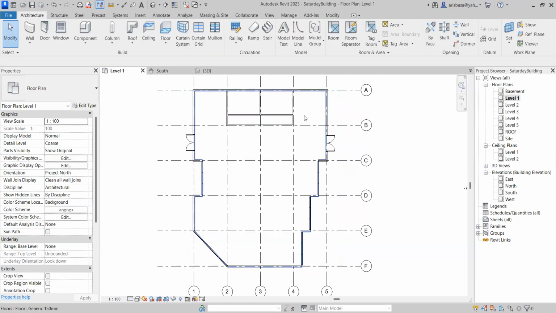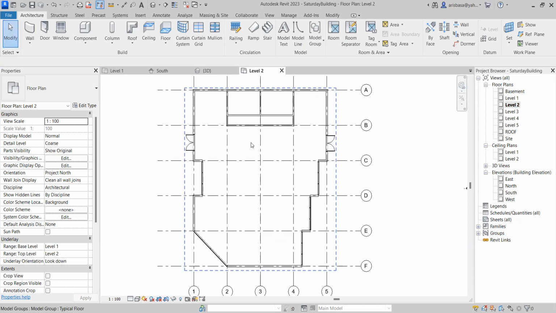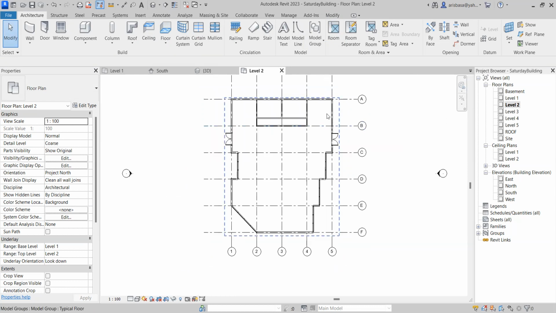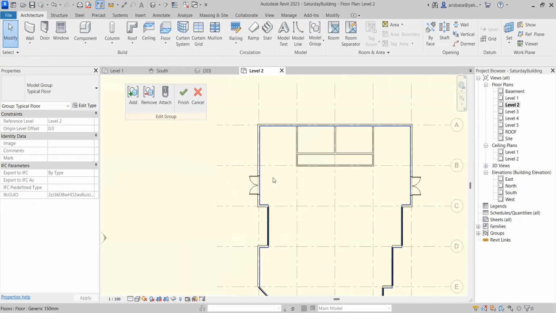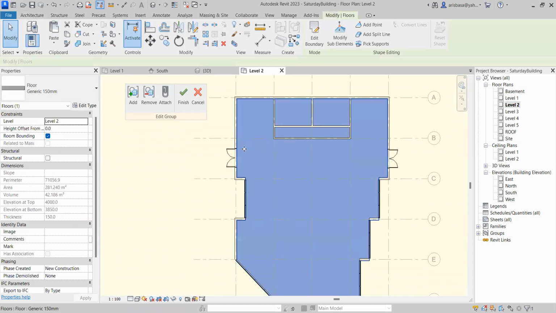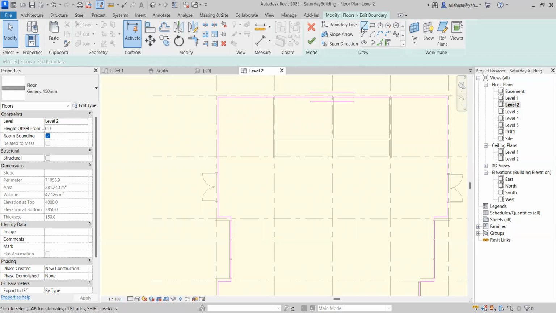Now this is not a group anymore. But we will need to go to level 2. This is still a group. So what we'll do is we'll select again level 2 and edit the group. Now we will create our balcony floor. Select the floor. This is the floor. Edit boundary. Then we'll draw a line from here